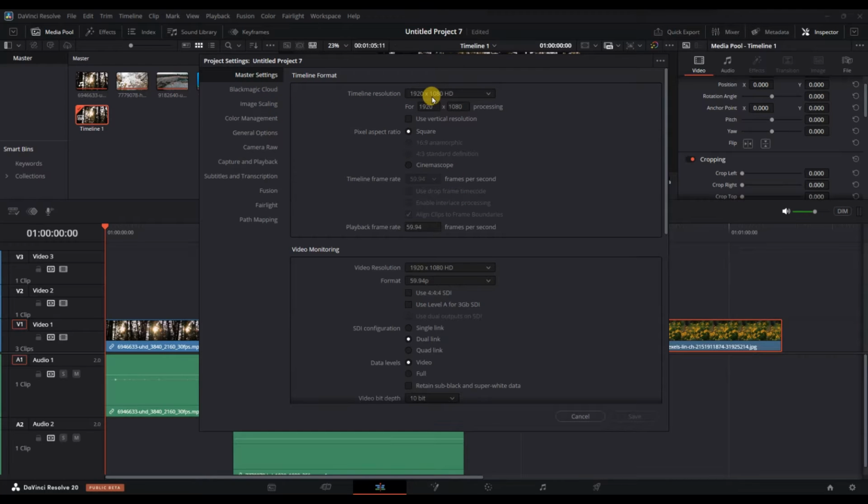Then, under the Master Settings tab, look for the Timeline Resolution section. This is where you can choose the resolution for your video. It might be set to 1920 by 1080 by default, but you can change it to 4K, 2K, or any